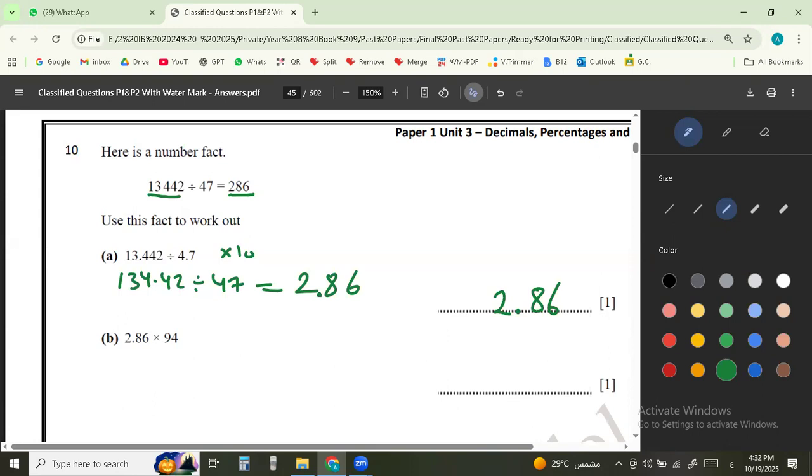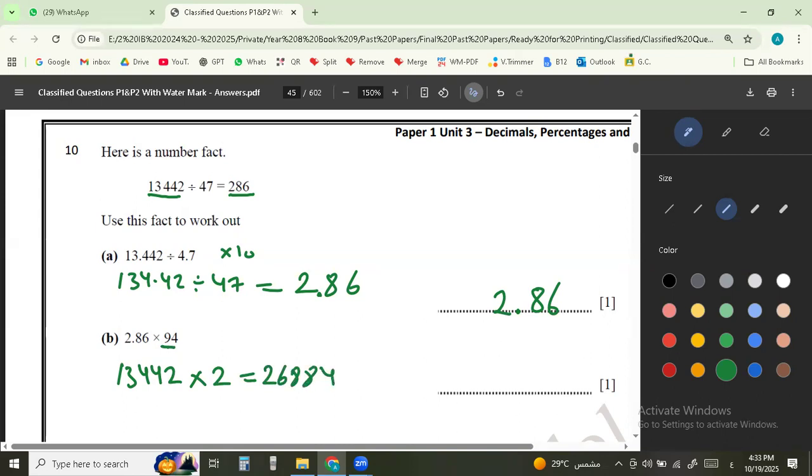But if I do 286 times double the 47, which is 94, it's going to give me this, but doubled, times 2. So it is 13,442 multiplied by 2, which is going to give you exactly